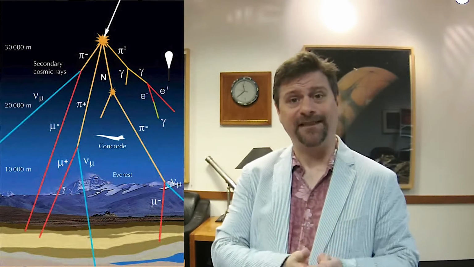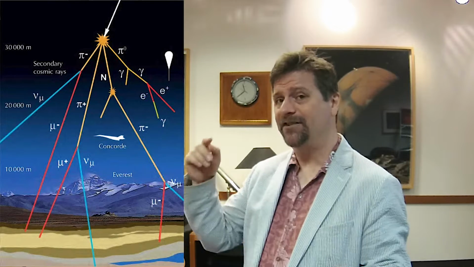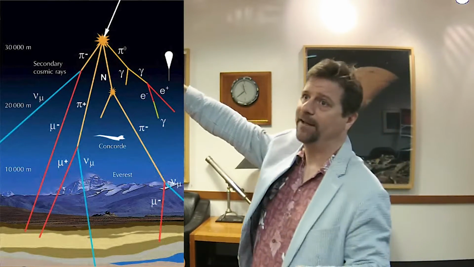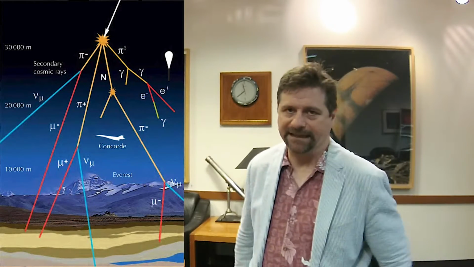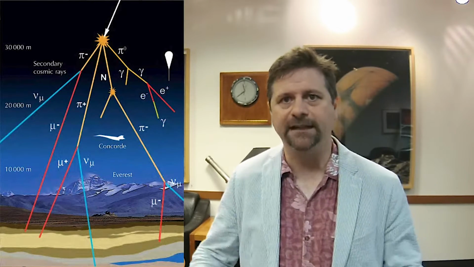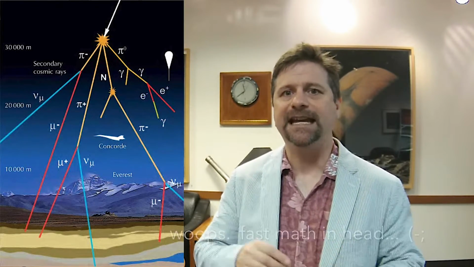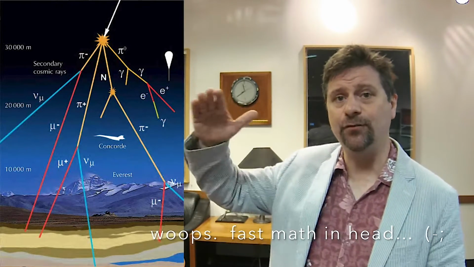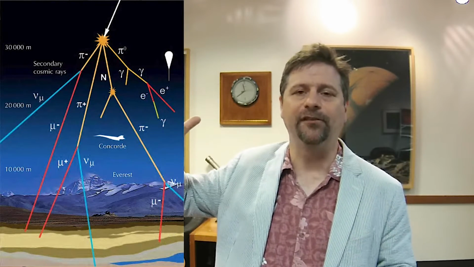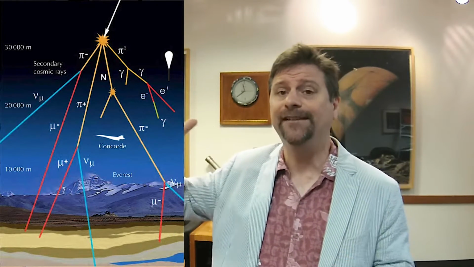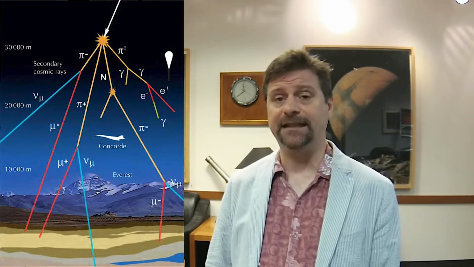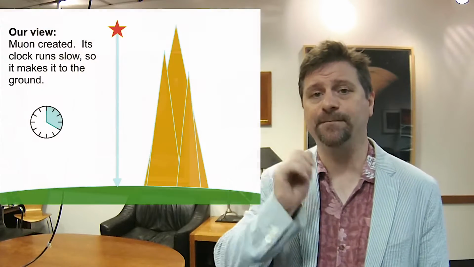So let's say you detect 1,000 of them. To get 1,000 at the bottom, you would need to create 2 to the 40th times 1,000 to get there. Actually, it's much larger than that. For every one that you get, wow, to get one, that means you left behind 2 to the 40th, which is a huge number to leave behind. Because we actually get hundreds and thousands at sea level, therefore the time must be delayed.